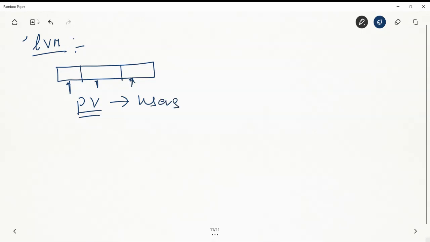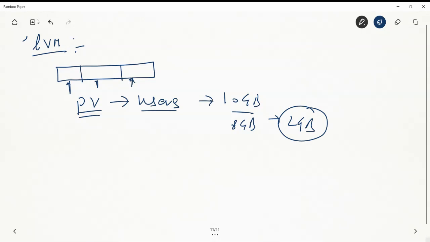For example, if we have allotted 10 GB of space to a user, but the user is only using 8 GB all the time, then 2 GB of space is being wasted. Or if you have allotted 10 GB to a user and the user requires 15 GB, how do we extend the space? For these things, where we need shrinking or extending of space, the logical volume concept comes into the picture.